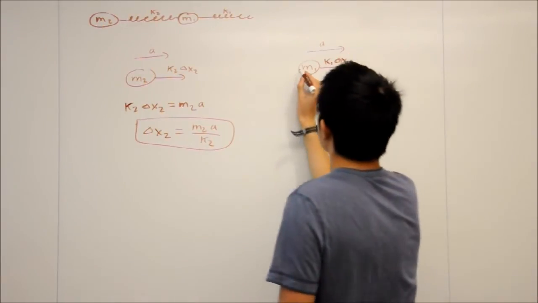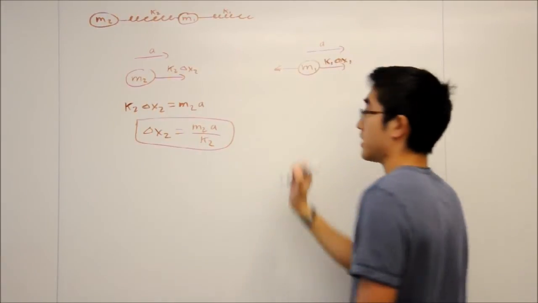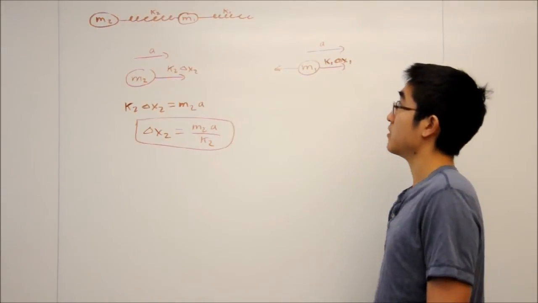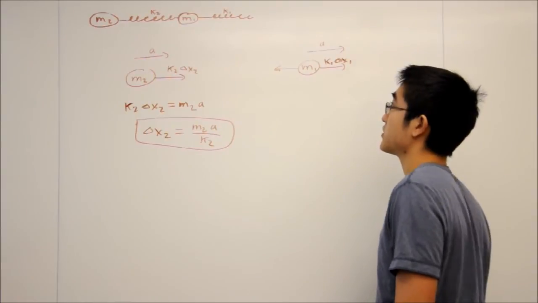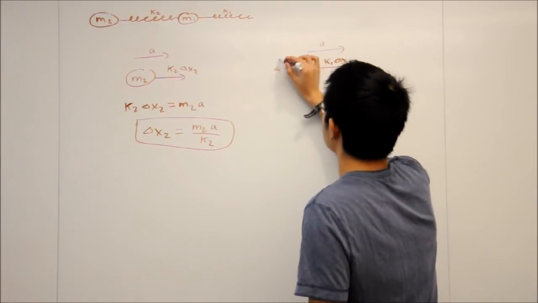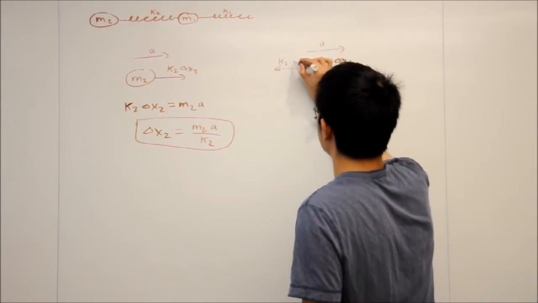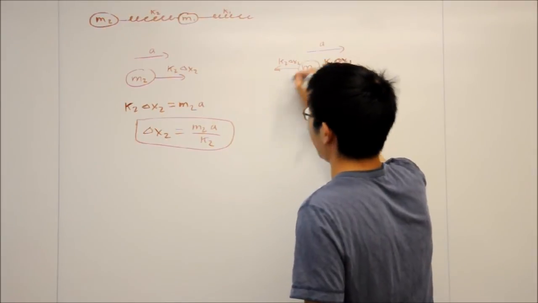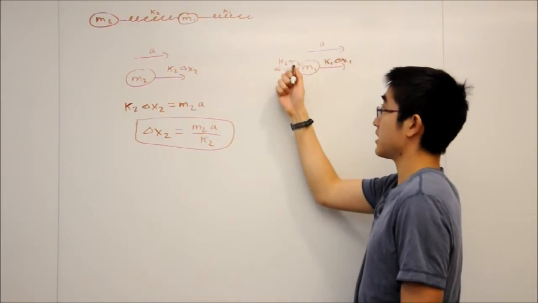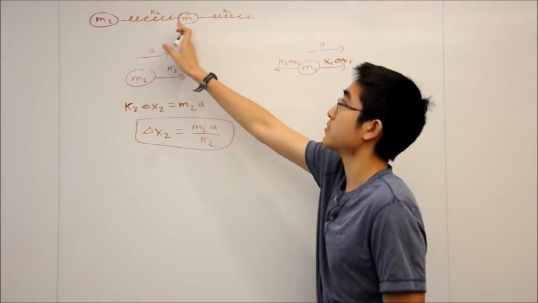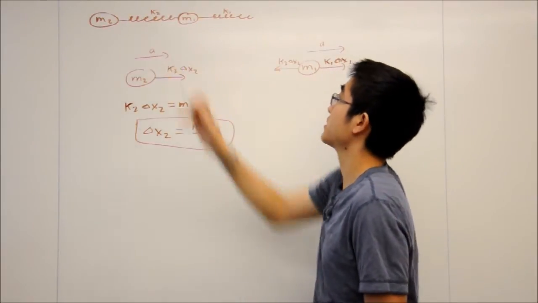And then we've got a force in the other direction from the spring with coefficient K2. So the force is given by K2 times delta X2, because delta X2 is the displacement of the spring with